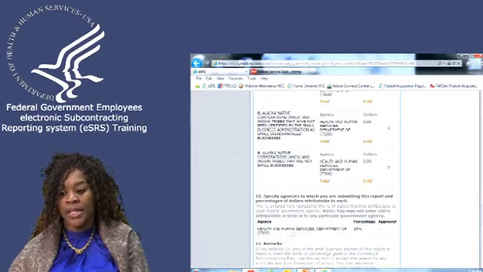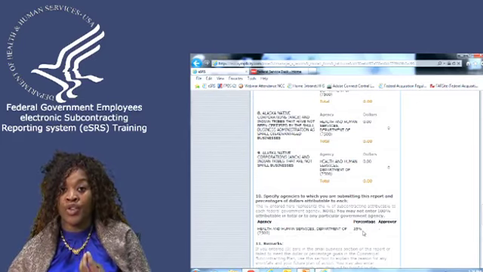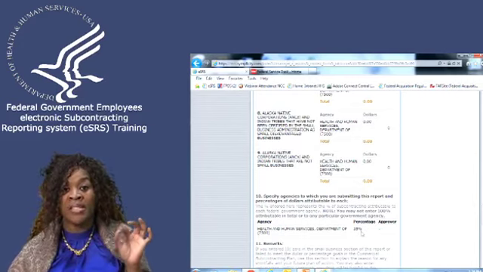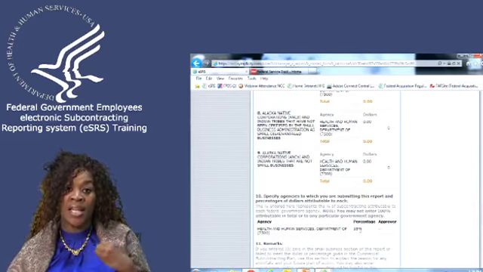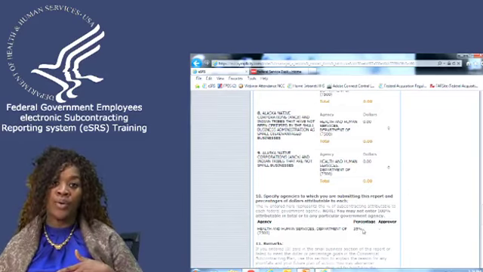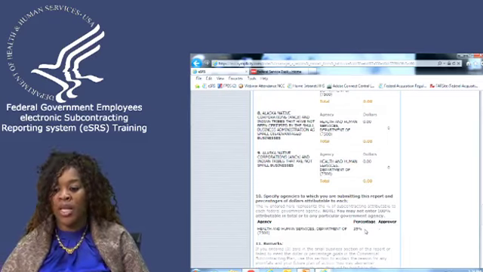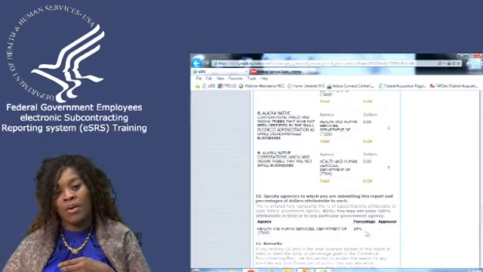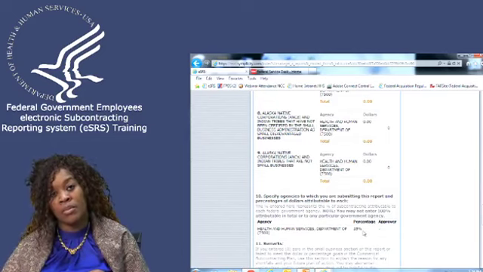In addition, the percent attributable would be HHS's percent attributable for that subcontracting accomplishment, which in this case would be 0 because HHS has not awarded them any contracts. So if they've done $1 million total in subcontracting on their commercial plan, when they went to give HHS a percent attributable, it would be 0 and not 35%.